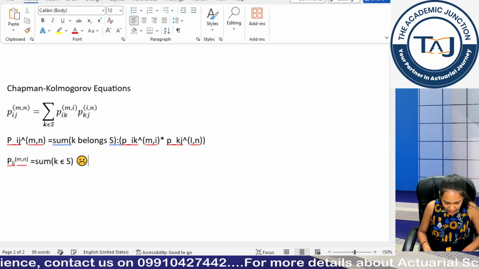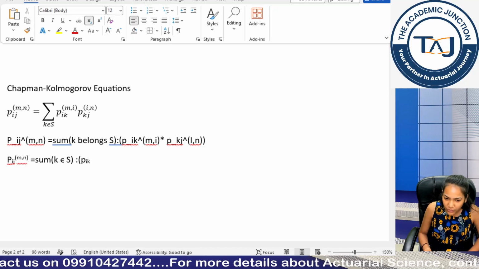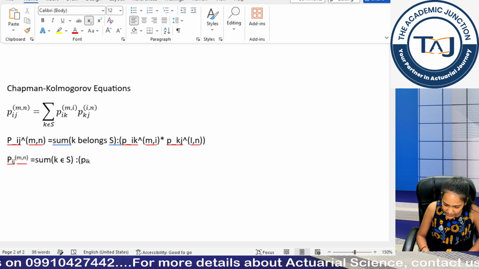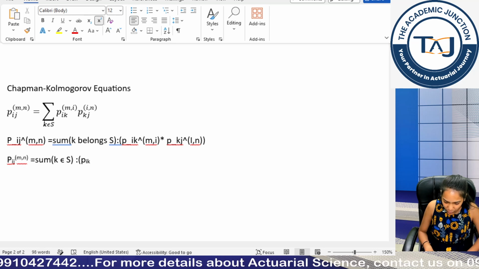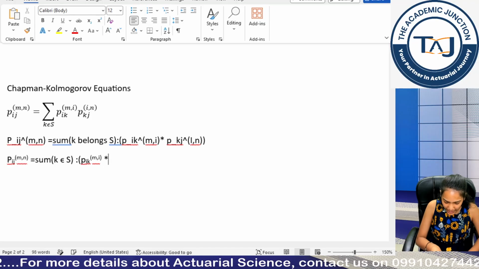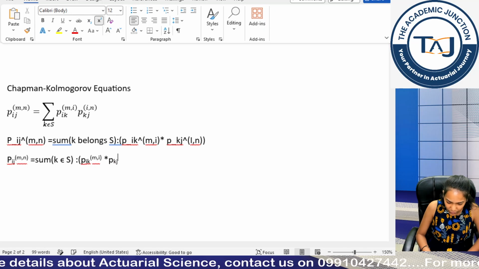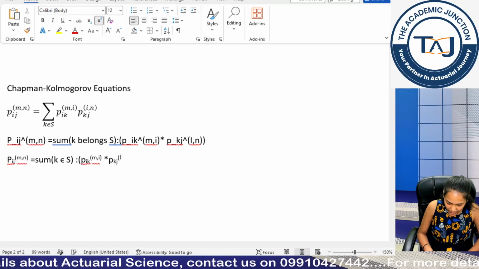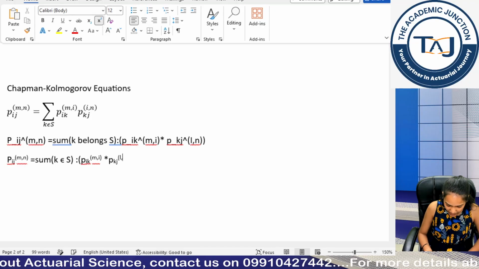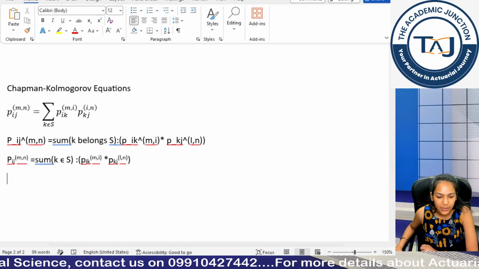Then we type the whole thing, which is p underscore, control shift minus to go to the subscript, then control shift plus to go to the upper script, control shift plus we multiply, control shift minus to go back to the subscript, control shift plus to go back to upper script, we have this l comma n, control shift plus come back to the normal script.